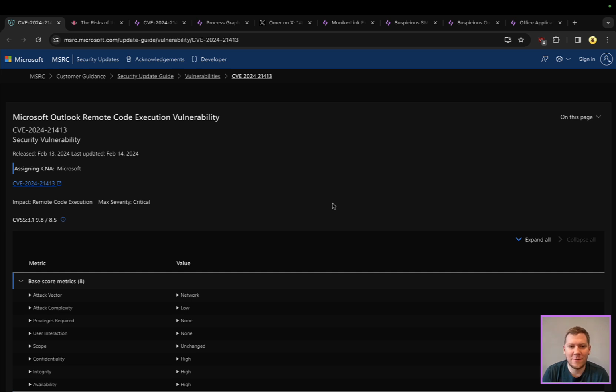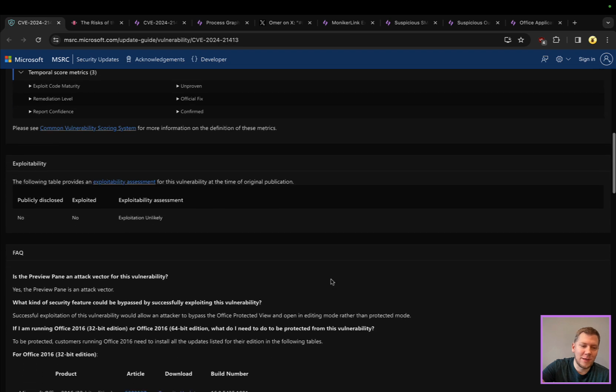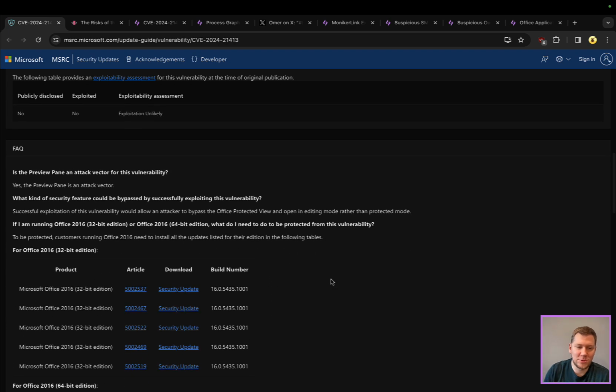And you also have sometimes 0 days that have been out in the wild that are finally getting patched, but are going to pick up a little bit more attention. So whenever you see a remote code execution, max severity critical, 9.8 out of 10 CVSS score vulnerability, affecting a very ubiquitous product like Microsoft Outlook, it's going to draw a lot of attention, draw a lot of eyes, just as this one did. So this one is kind of dubbed the Moniker link vulnerability, and there are some interesting